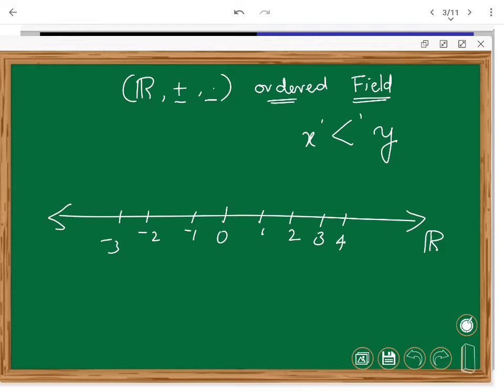In fact, one can compare it with 0 and state this more precisely. Whenever you are putting 0 somewhere, all the real numbers on the right side, if you are calling them x, we will simply say that the x's are going to be greater than 0, and we will call them positive real numbers. This was our practice. Once we are on the left of 0, we will call them negative real numbers. What happens in this case is the additive inverse of a negative number is actually going to be a positive real number. Note that.